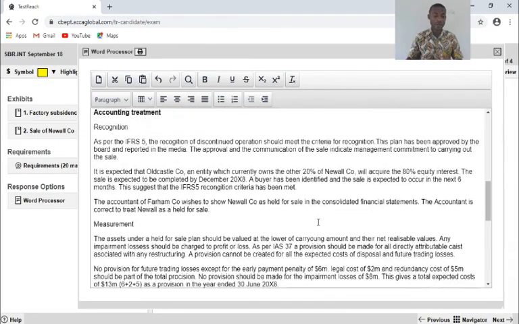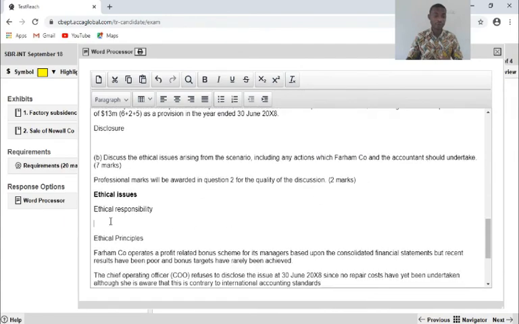And then when you go to the ethical issue, we talk about the fact that accountants will have an ethical responsibility to provide financial information which is useful to users. And when it is useful, it means that it is relevant and it is faithfully represented. And for directors, they have an ethical responsibility to prepare financial statements which will provide useful information to the users. Any attempt to misrepresent would mean that they have not provided useful information.